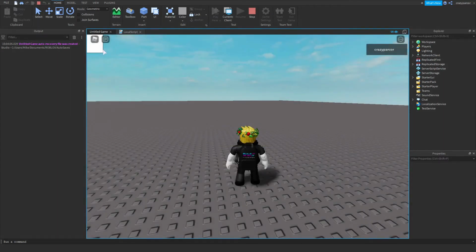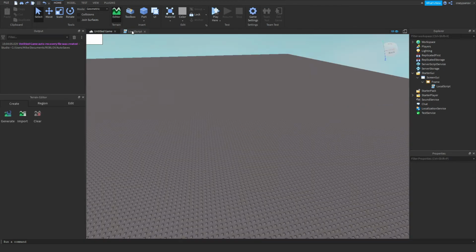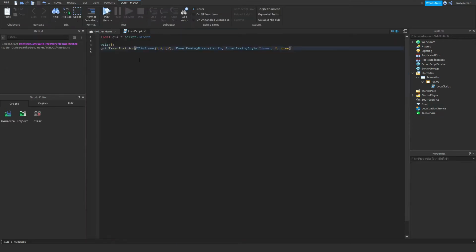There we go. So it should tween. Yep, there you go. So it moves across the screen right there to where we wanted it to. Now, if we wanted it to slowly go and then slowly fade out, like slowly get quicker and then slowly get slower, we'll do in, out, and then